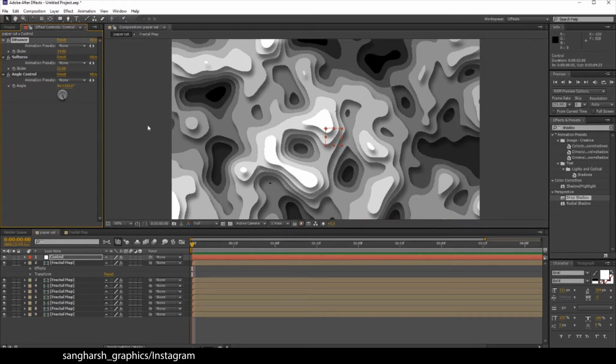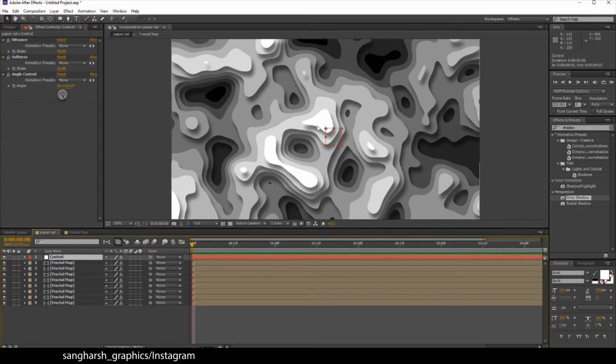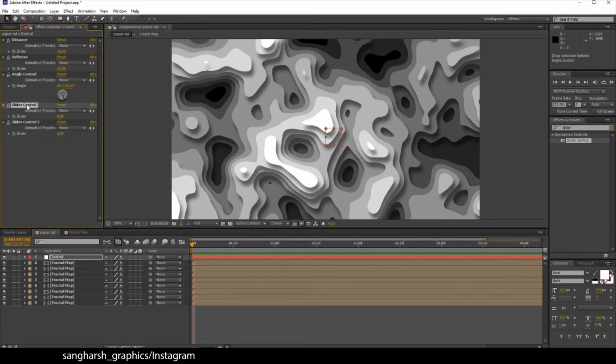Now you can see we have this terrain effect, same as we have created in Photoshop and Illustrator in previous days' videos. We are also going to control the detail from the control null object. So firstly we need to add a slider control. Again here press Ctrl D, rename it as detail. Second one, rename it as random.